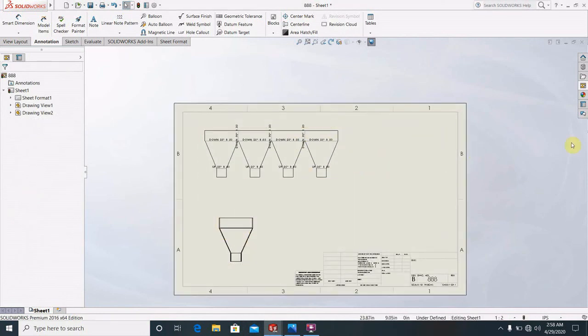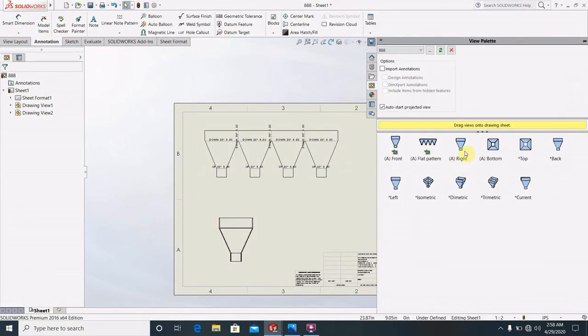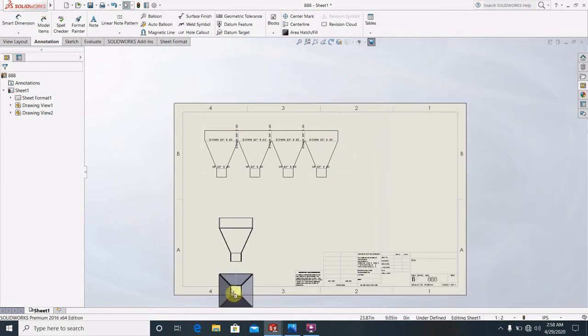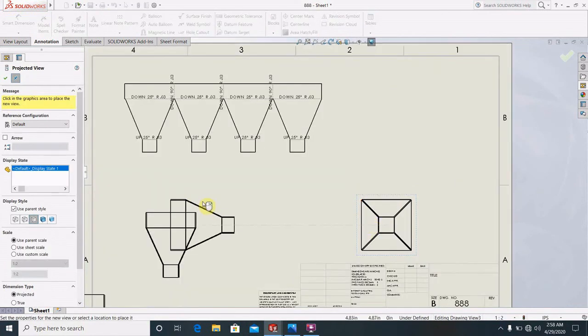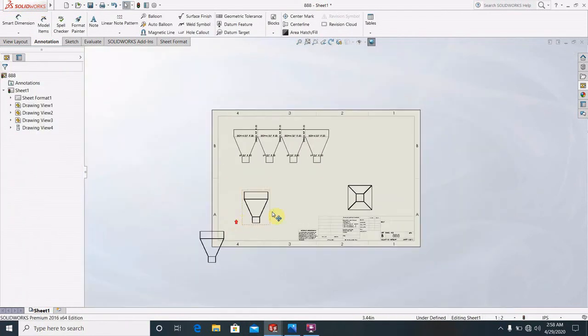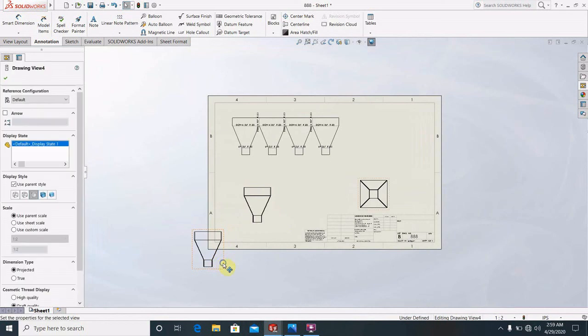This is the front view, this is the bottom view. Okay, you can bring all the views here.